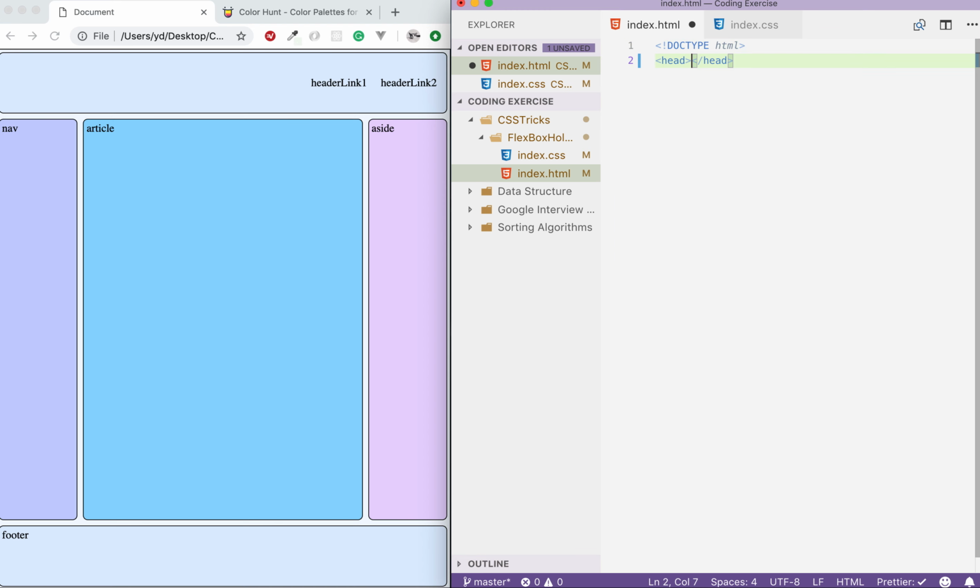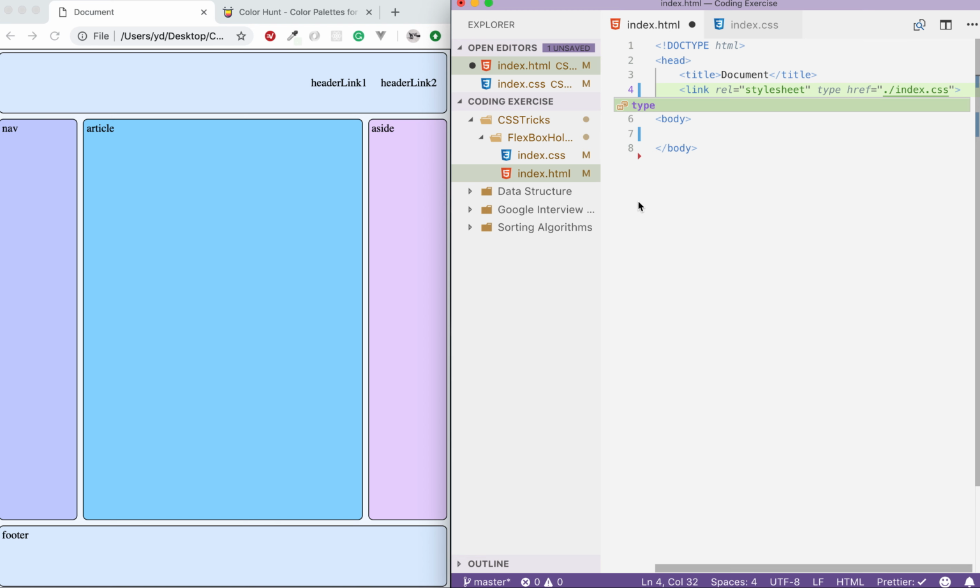We need a head and a body, and in the head we need a title, which we call document, and also a link with the relationship stylesheet, the href being the current folder, index.css, and the type should be